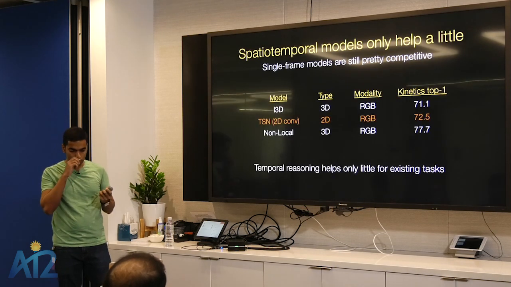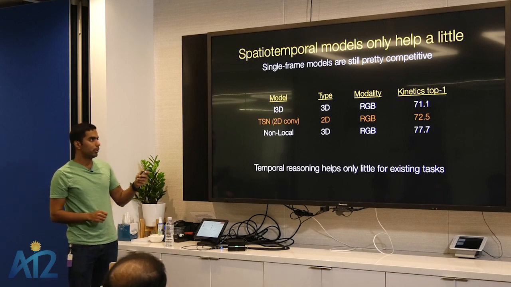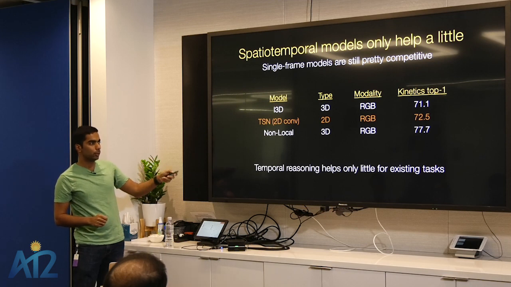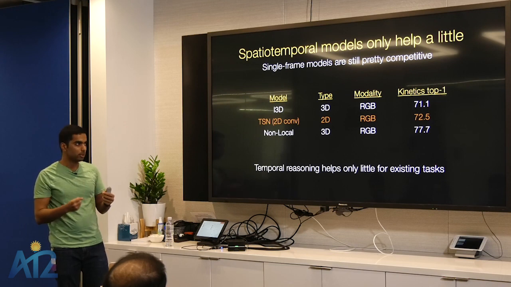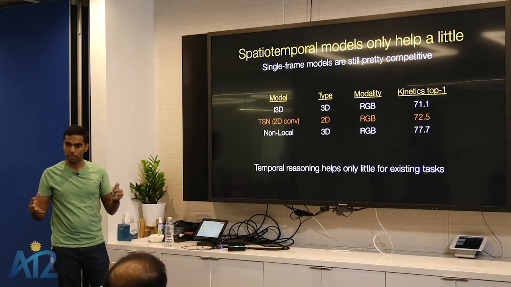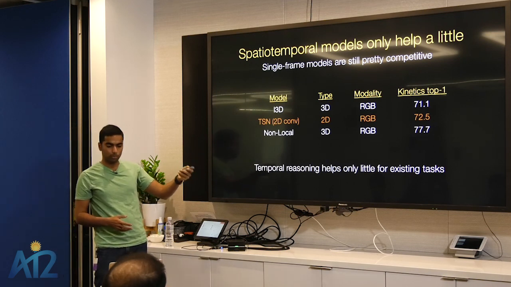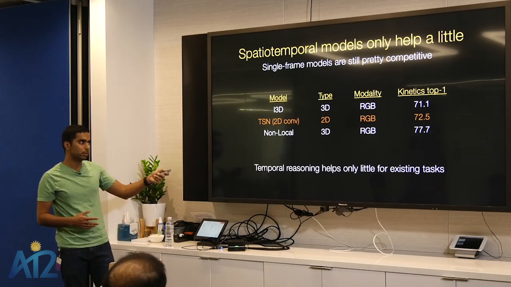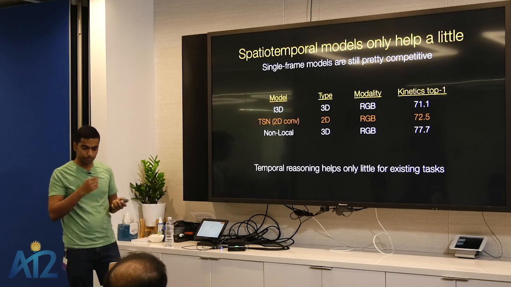And if we look a little bit more closely, the problem is even more dire, I would say. Here I'm showing some of the 3D and 2D convolutional models. 3D convolutions are spatiotemporal convolutions, which model some amount of the temporal aspect of the video. 2D convolutions are obviously a frame-by-frame predictor, which just looks at individual frames and averages predictions. And what we can see is on Kinetics, even that 2D model is close enough to these 3D models. What that means is basically just looking at frames is good enough to do pretty well on modern video action recognition tasks.